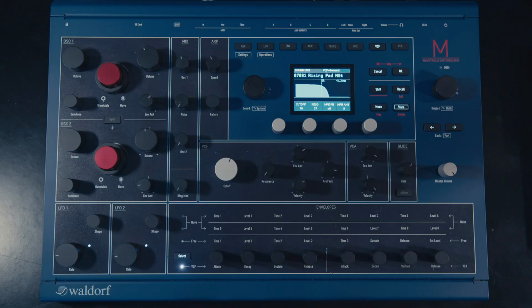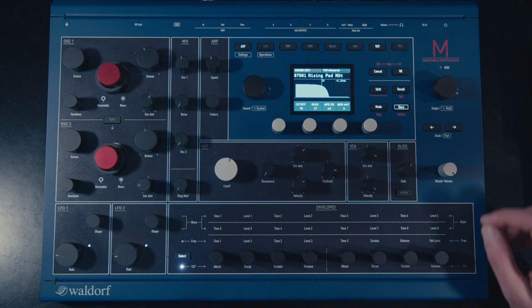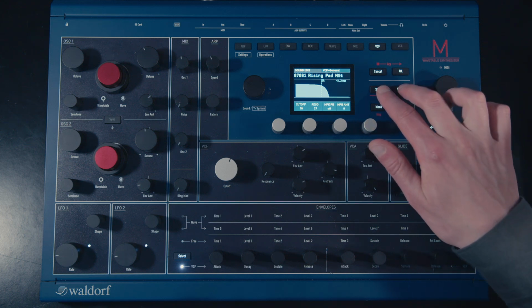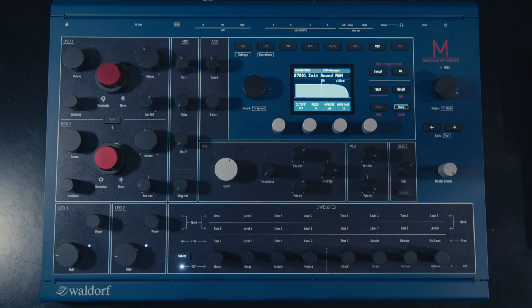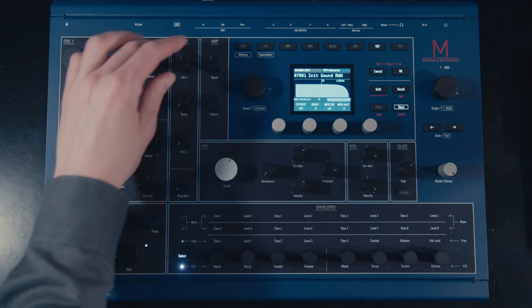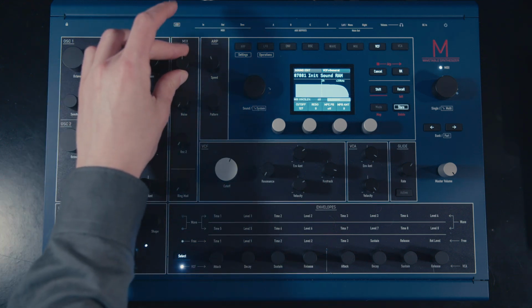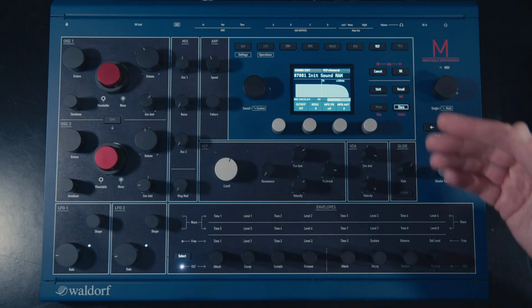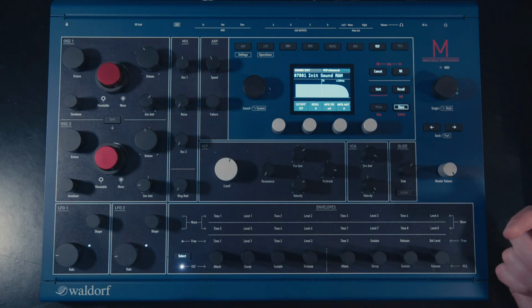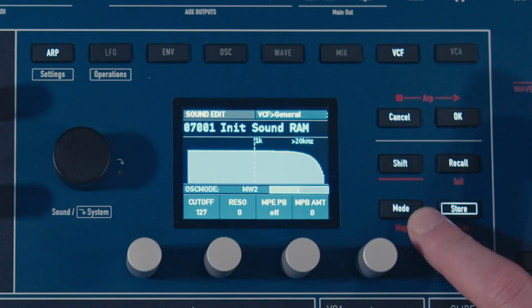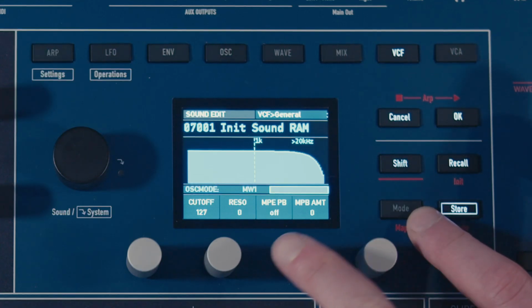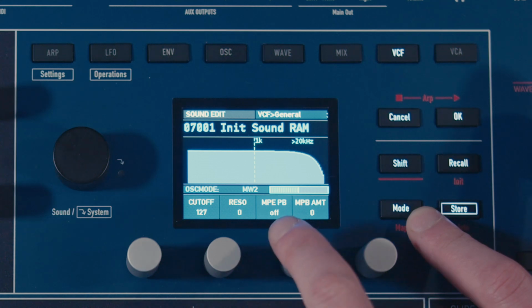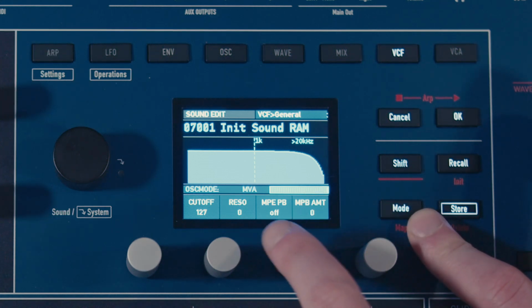Let's explore the new oscillator modes by creating an init patch. I hit Shift and Recall to get the init sound. Let's make sure that we have only oscillator 1 playing. And from here, we need to switch the oscillators into the new algorithmic mode. We can either hit the mode button a few times. You see that it toggles from microwave 1 mode into microwave 2 mode, and from there into the new algorithmic